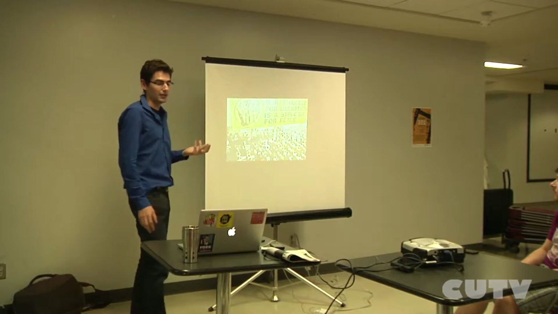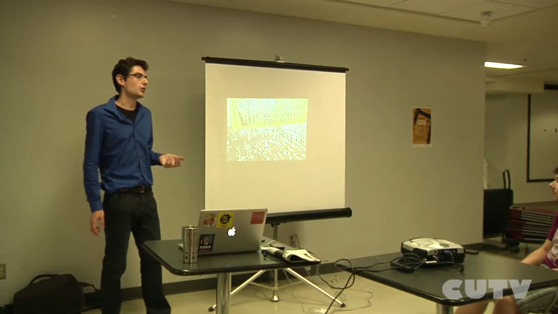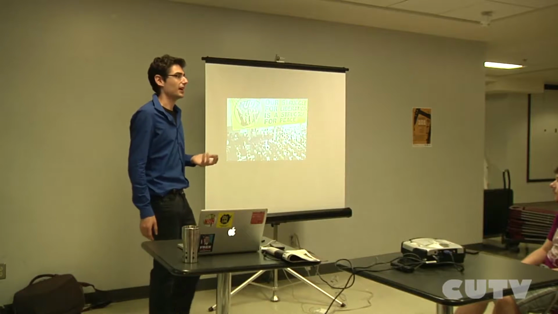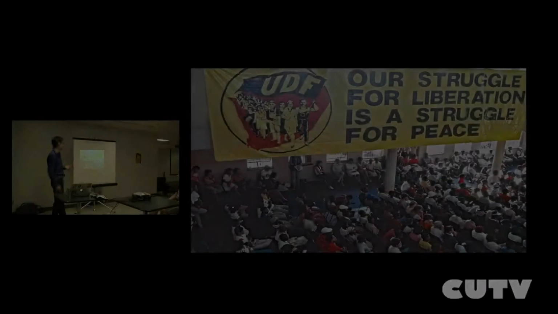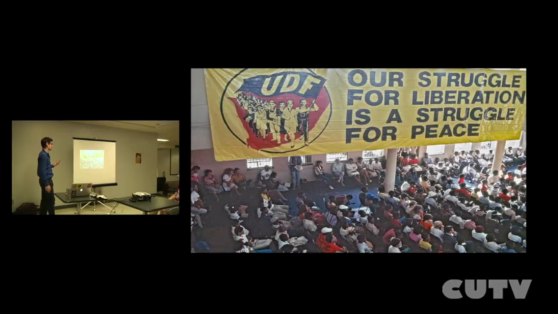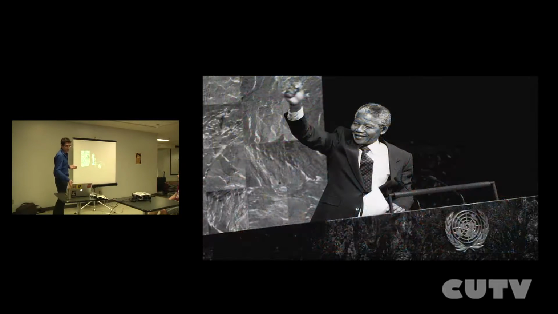So in solidarity with regular South Africans who were putting their lives at risk, sometimes dying and facing imprisonment like Nelson Mandela, we were able to get rid of apartheid in South Africa. And in 1994, Nelson Mandela became the first democratically elected president of South Africa, and the system of apartheid was